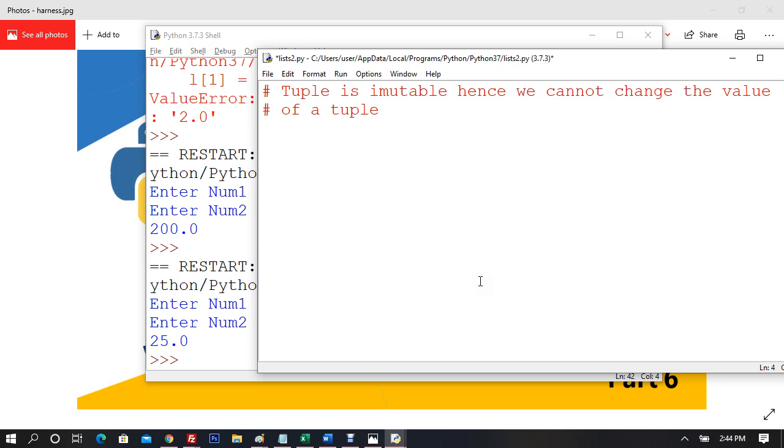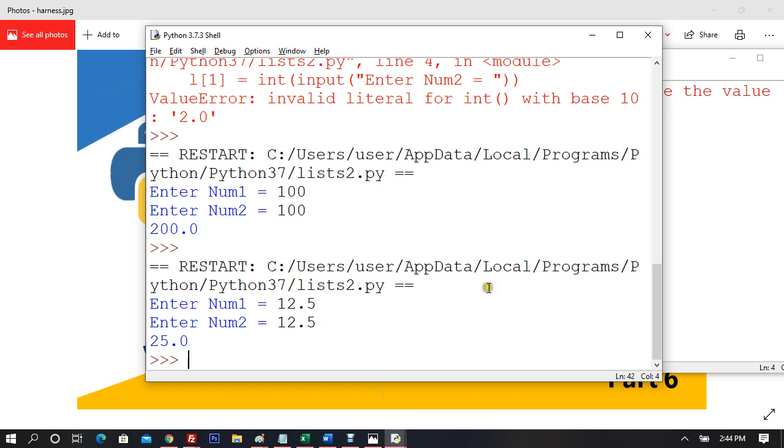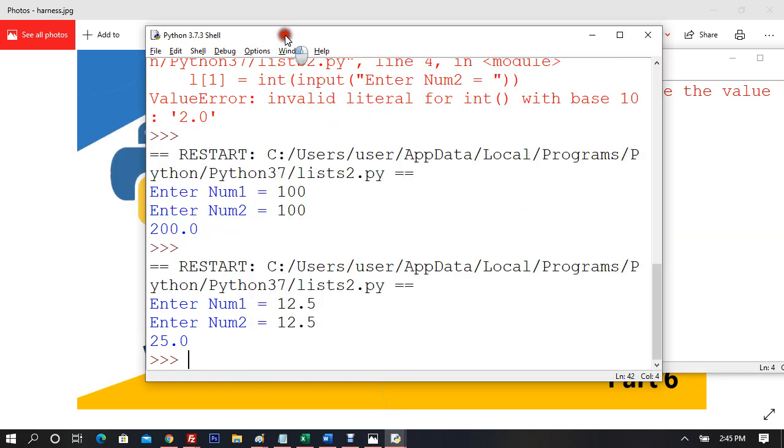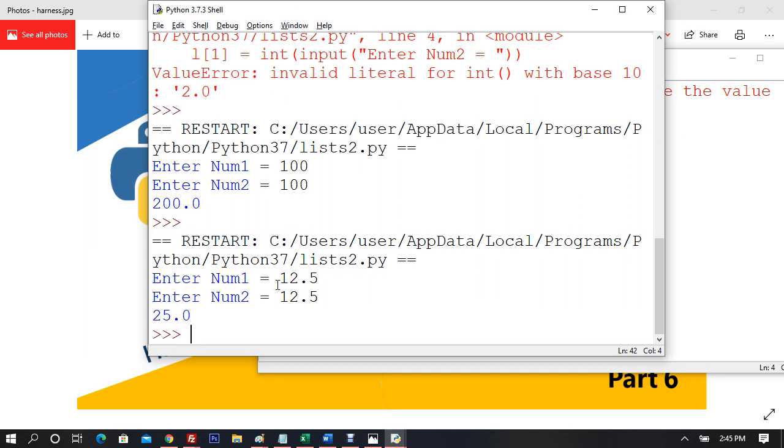I can declare a tuple like this. For example, if I have to declare a tuple, let me go directly to the Python shell and say tup is equivalent to this. Now whatever you call it, the tuple name can be anything, for example list, or we can say numbers, right? So the variable name can be anything you want, right? So I can say number is equivalent to 21,